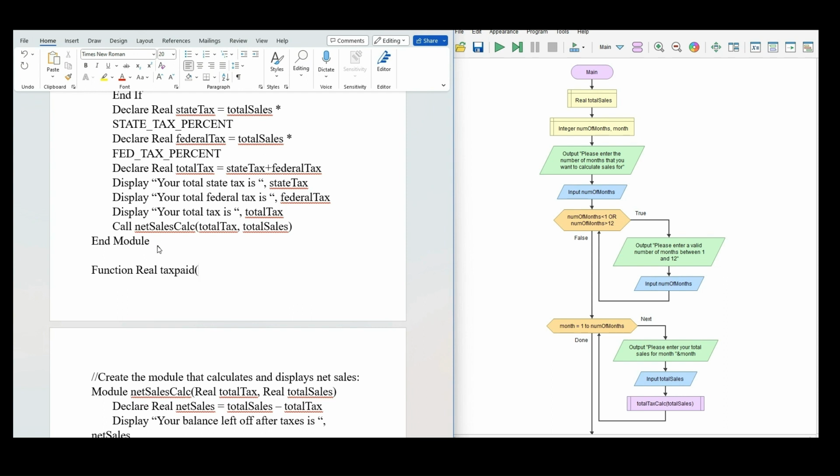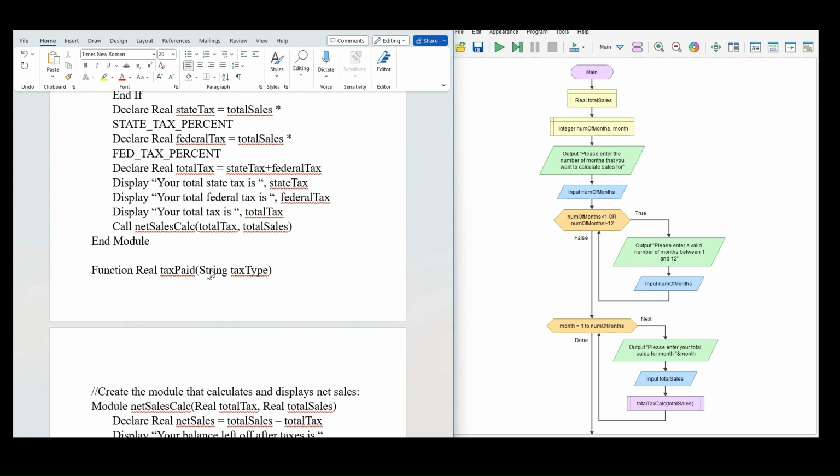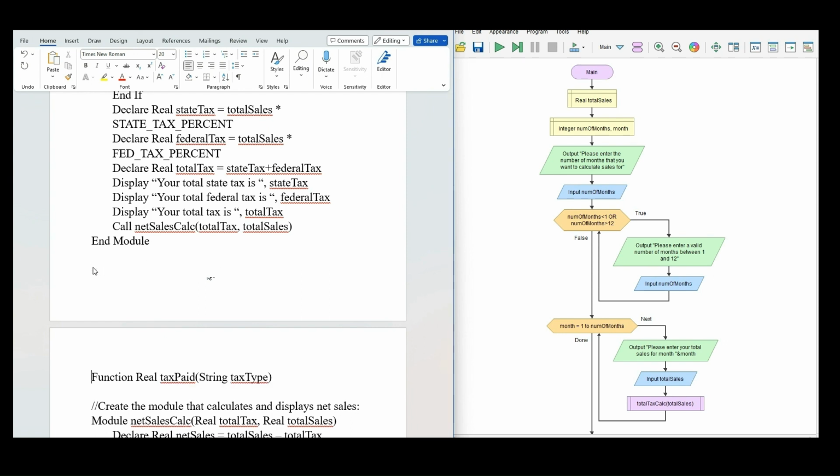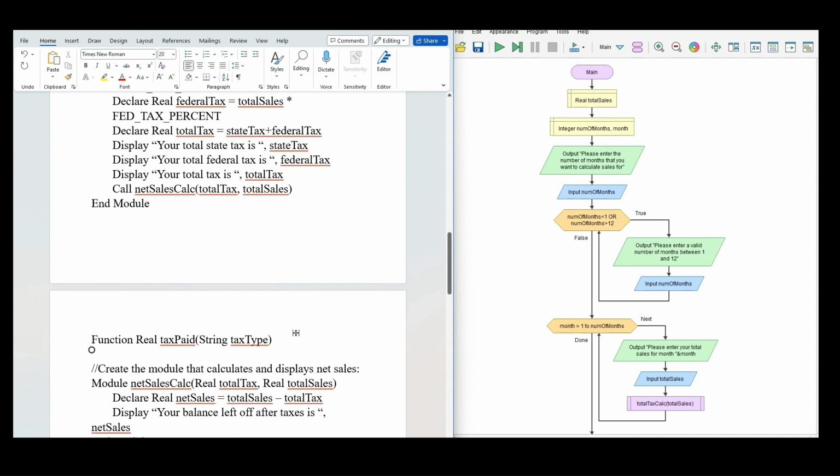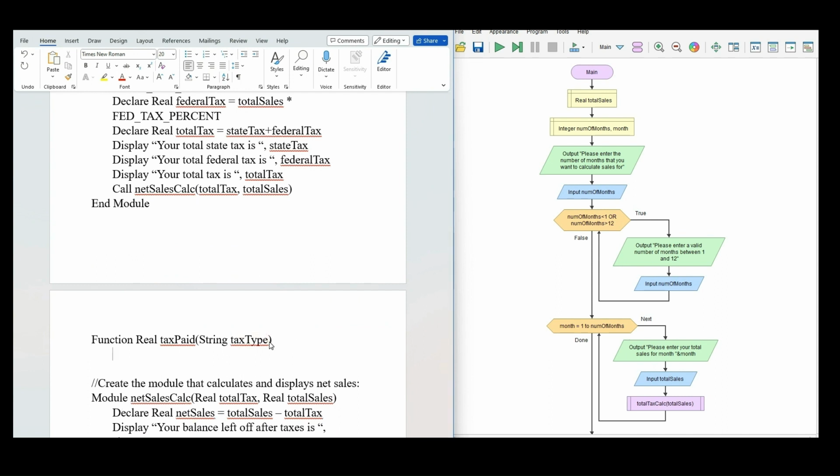And then I will have it take a string, which is the type of tax, so state tax or federal tax. And inside of it, I will declare a variable of type real,